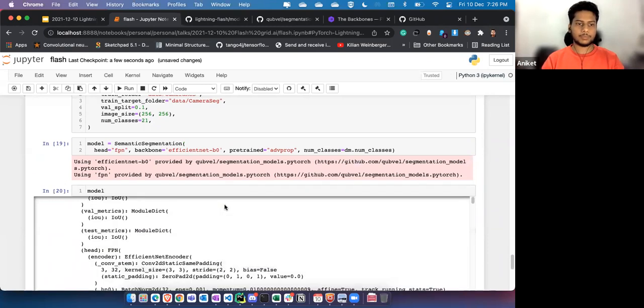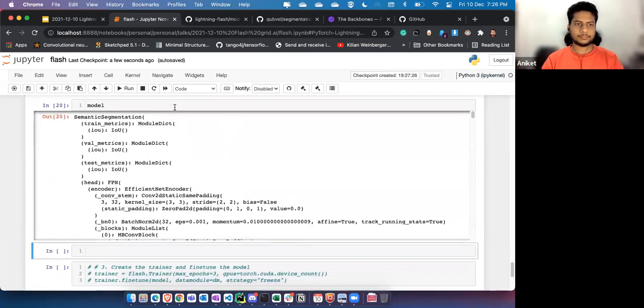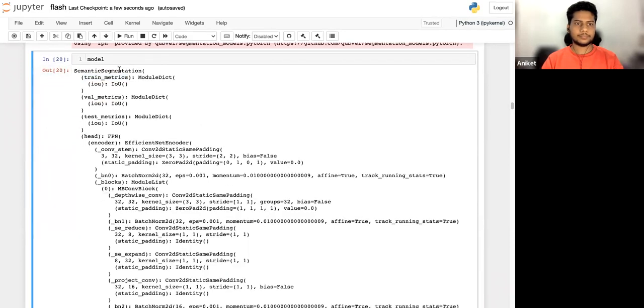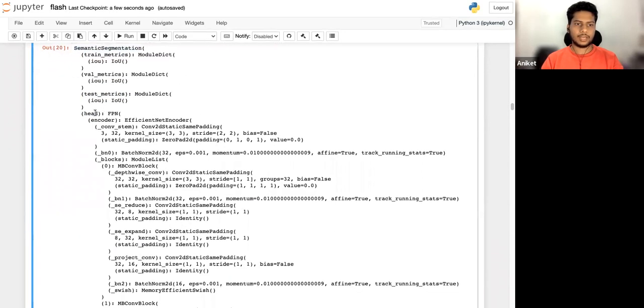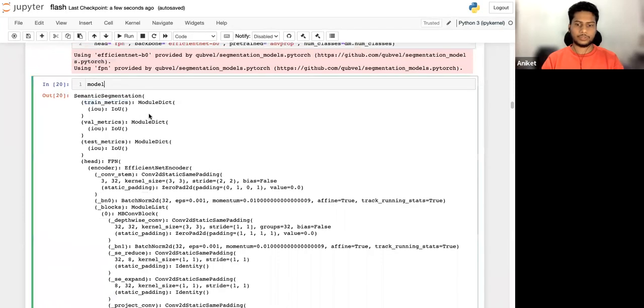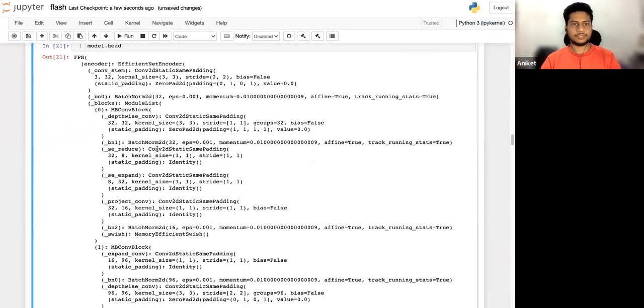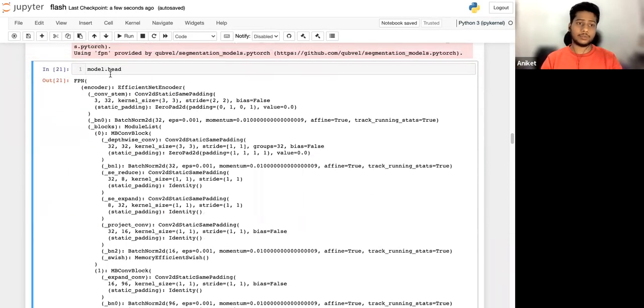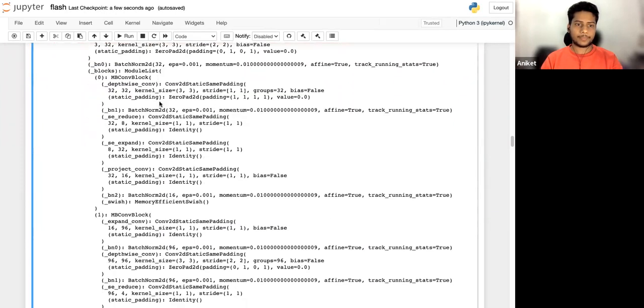So if I see my model, semantic segmentation, I have a head. If I want to see my head separately, I can do model.head, which is FPN. When I pass an image inside my model, it will first pass through the head, which is my encoder here.